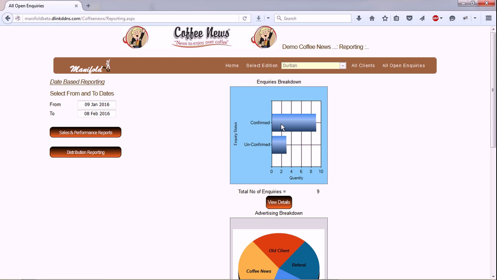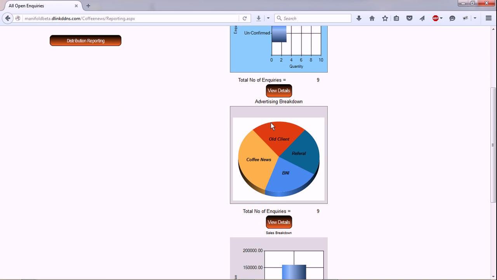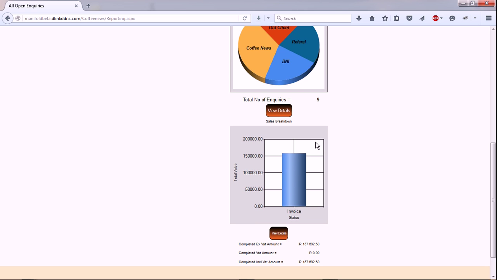So between those two dates in the system, we have got 9 confirmed orders, 3 unconfirmed. This is the breakdown of where the advertising has worked and how much it's worked with regards to your active inquiries, along with a graphical representation of your invoices that are in the system that have not been completed and contracts still running. Okay, around each of these you have a view details button, breakdown of exactly how the figures are accumulated